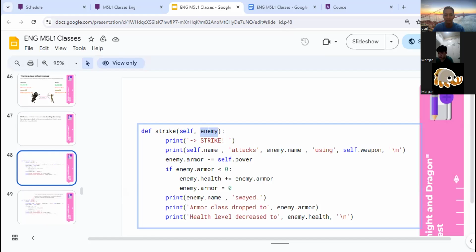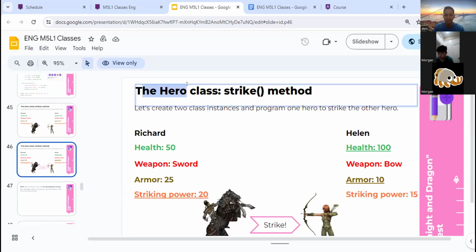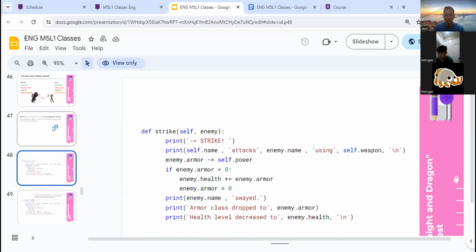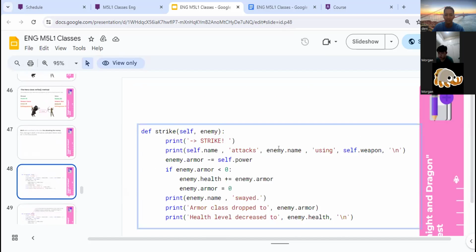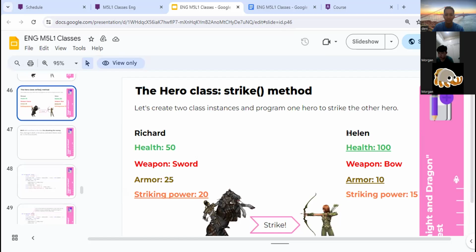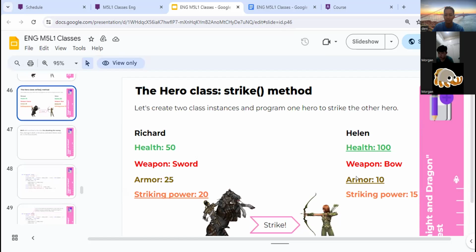Enemy is object, Morgan. Enemy is object. Okay, but in this case, the object is the same as the hero, the hero class. So the enemy still has name, Helen, and the enemy still has the armor.